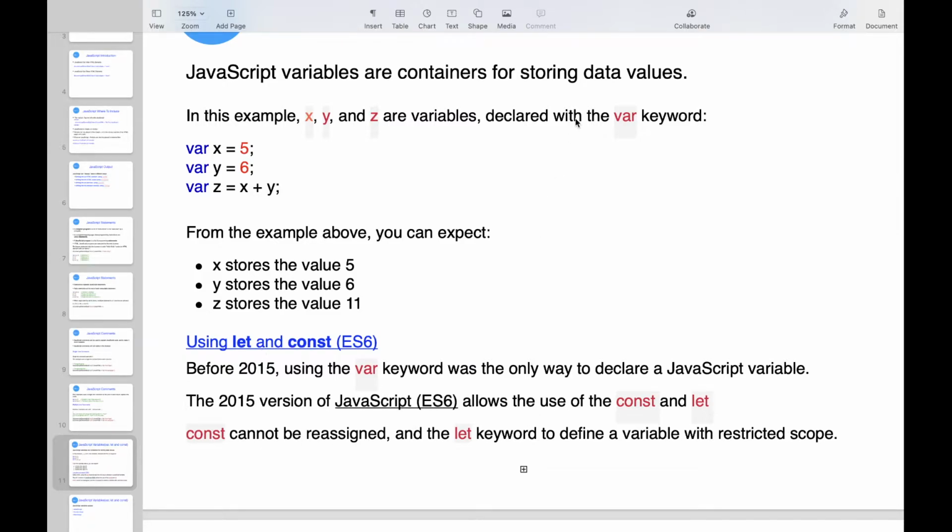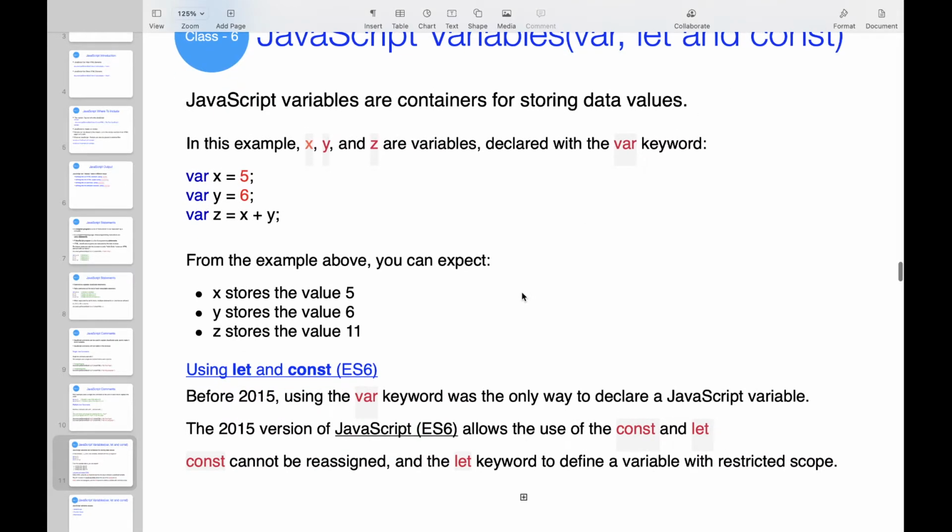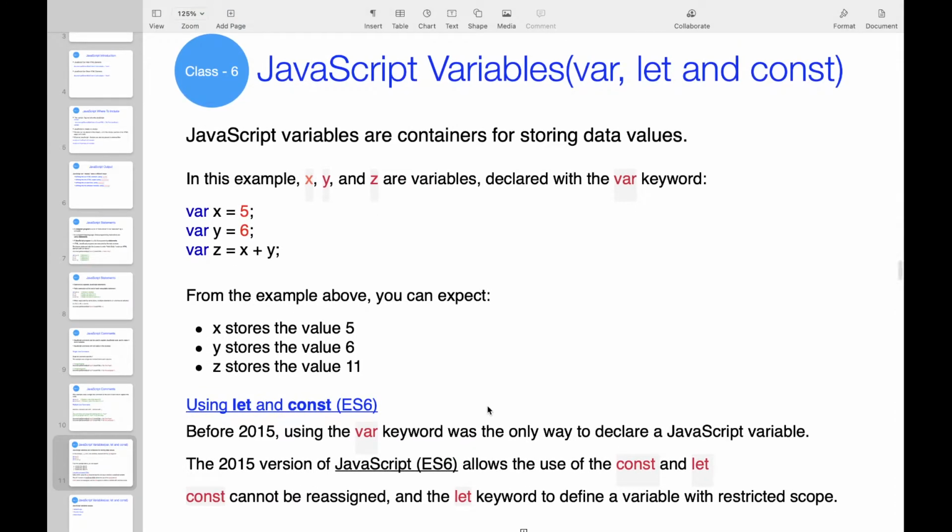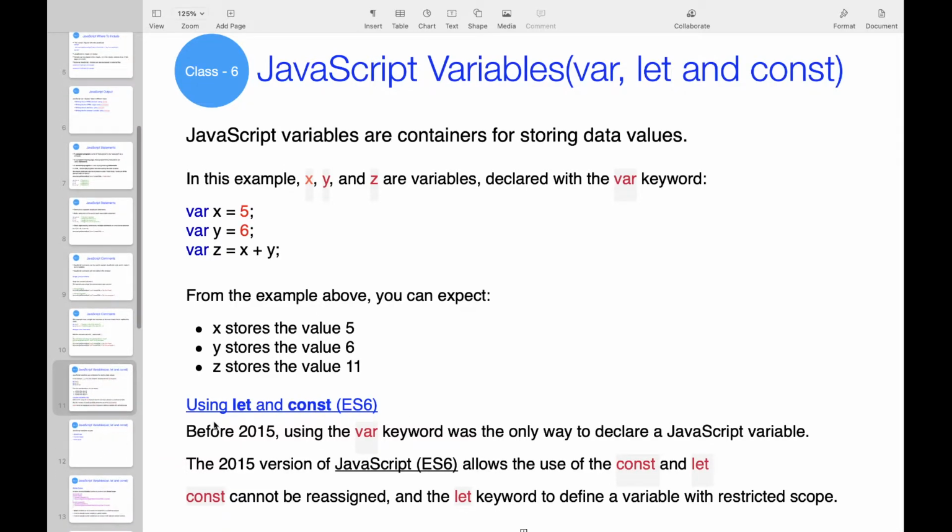Then what is the difference with let and const? Let is block scoped. Inside a block, such as if conditions and else conditions, which I will explain in the next slides, let and const will be available only in that block. Outside of that if block or else block, that scope will not be available, so we cannot use those variables outside the block. And const means once you assign some value, you cannot override it or reassign it with a different value. I will explain practically.